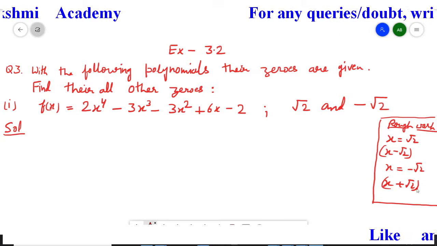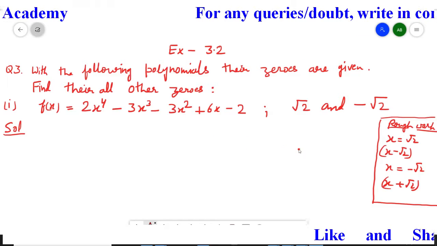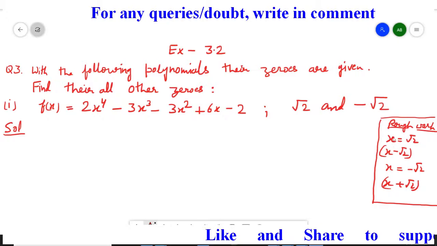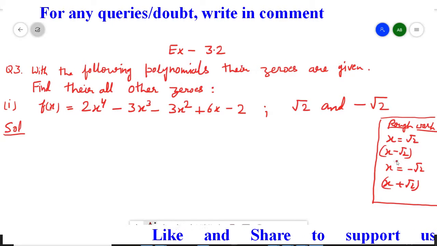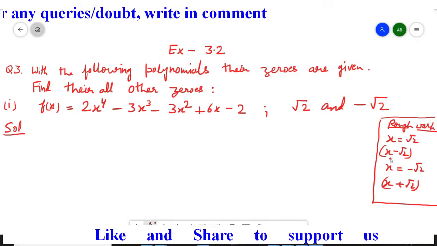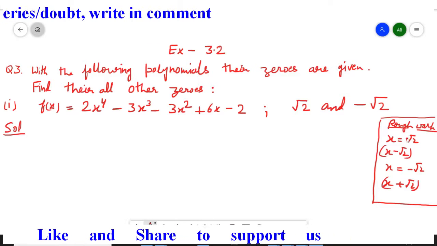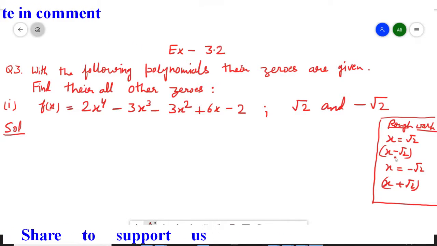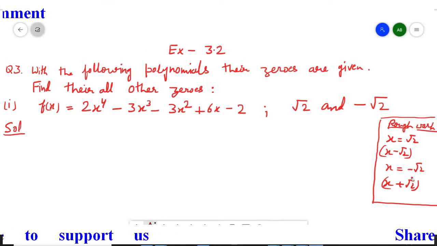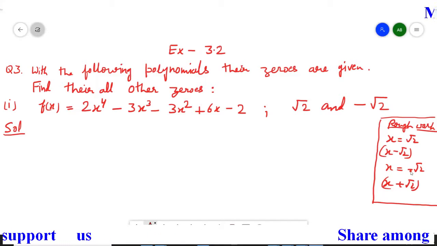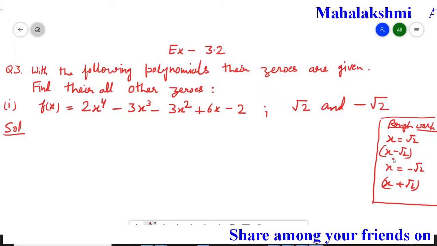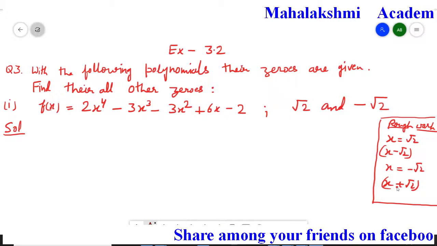So this is our rough work, because I want to write it down in the statement, so I just explained why I am writing it. From x equal to root 2, the first factor of the polynomial is x minus root 2. How do we obtain it? It's plus, so when we shift it here, it's going to be minus. So x minus root 2 is the factor. In the same way, here it is negative, so when we shift it, it's going to be positive. So the two factors are x minus root 2 and x plus root 2.